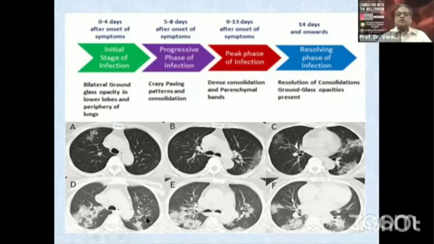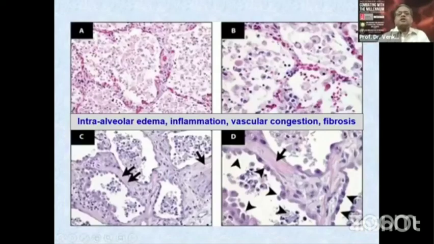Then there is resolution. If you look at histology, the area of the lung which is affected shows intraalveolar edema and outpouring of cells. The blood vessels in the alveolar septa are more dilated. There is vascular congestion. And as the body repairs, even in patients who have minimal infection, there is some amount of fibrotic response in the affected area of the lung, and subsequently some amount of pneumocyte proliferation.